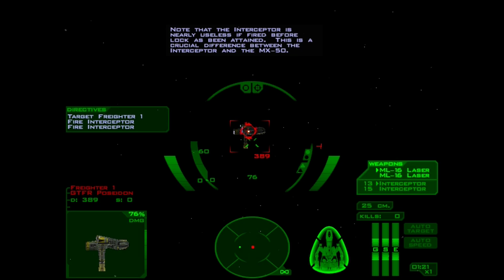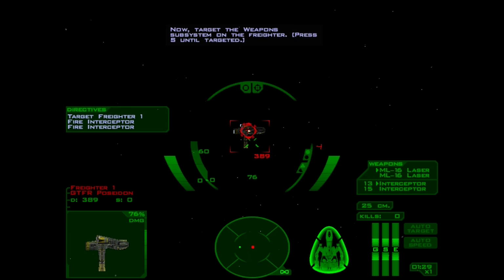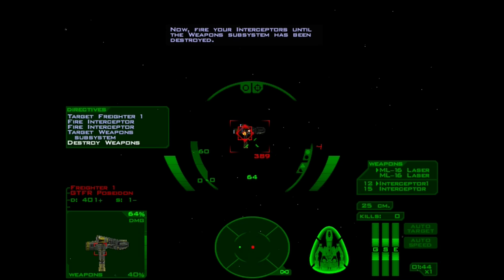Note that the interceptor is nearly useless if fired before lock has been attained. This is a crucial difference between the interceptor and the MX-50. Now target the weapons subsystem on the freighter. Good. Now wait until you have attained lock on the weapons subsystem. Now, fire your interceptors until the weapons subsystem has been destroyed. Well done. Note your interceptors will be effective in destroying subsystems on large targets. Now unload your interceptors until you've destroyed Freighter